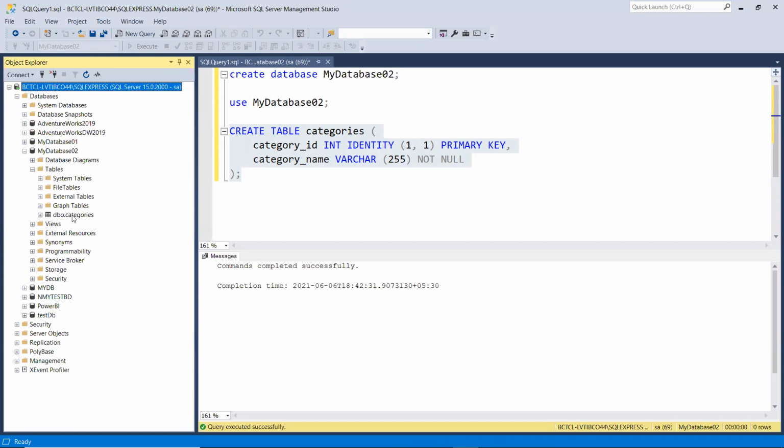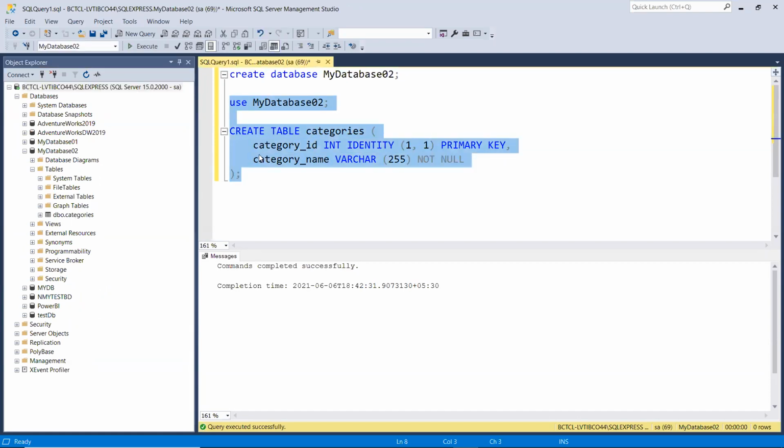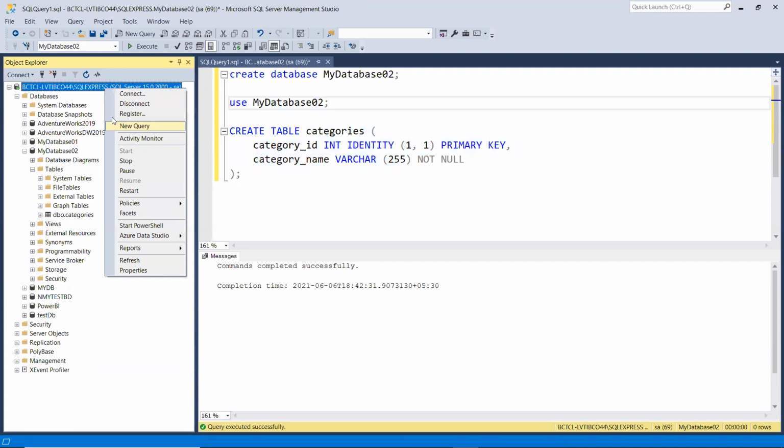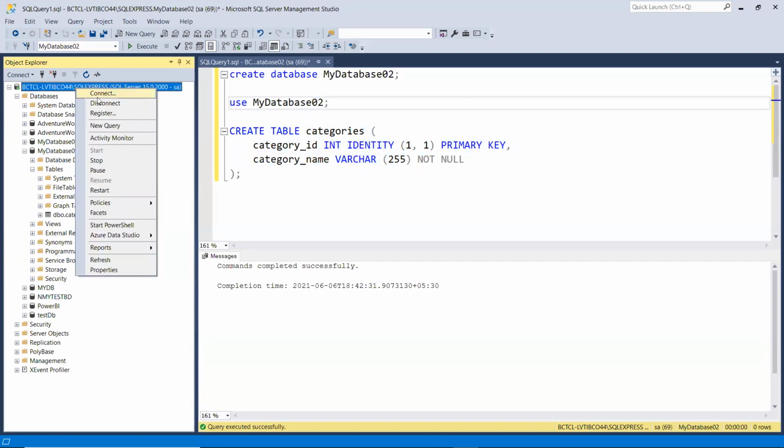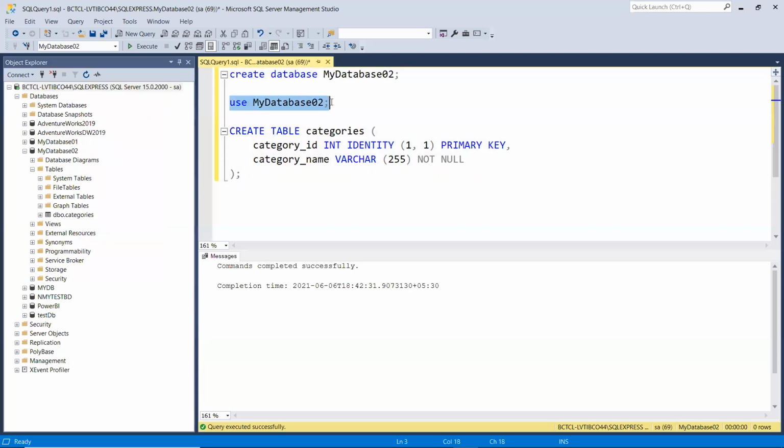This is one way we define the scope of the query to a particular database. Scope of the query means where that query will be executed, or on which database that query will be executed. If I start my query window by right clicking on the server name, and then directly write a query without using this statement, it will be executed by default on the system database. Or else if I want to use a particular database, I have to mention use the particular database and then execute the queries. This is one way.